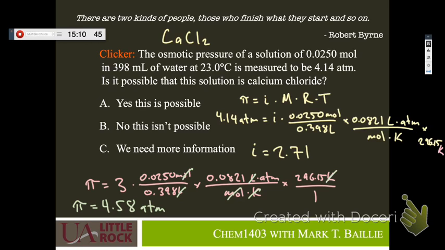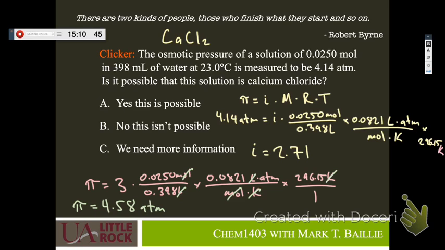Is that okay? Does that confirm what we talked about before? Why or why not? Matt? It's the same thing. If it was measured at 4.14 and 4.58 is ideal, then it's less than but close to. So it's generating a little bit less osmotic pressure than we expect, which means there are a few fewer particles in solution than we'd expect. What is the ratio of 4.58 over